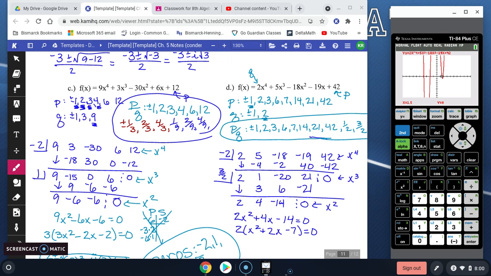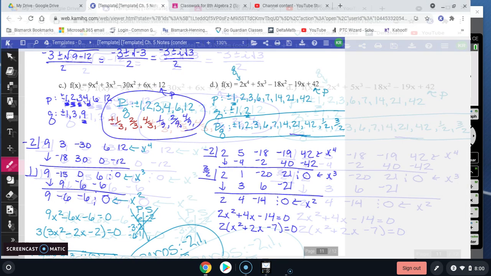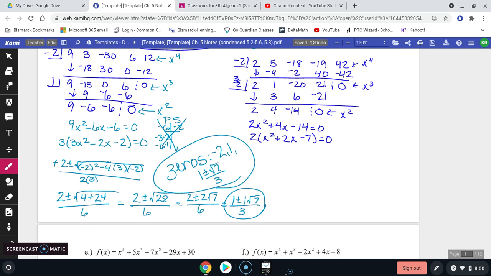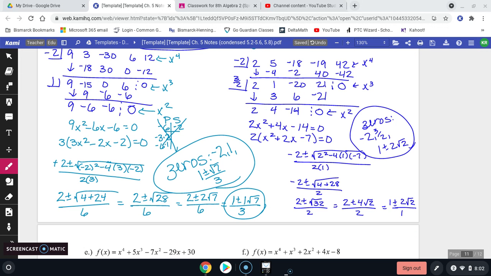Okay, this is not going to factor. So we are going to need to do quadratic formula again. Okay, so go ahead and do the quadratic formula. I'll be back in just a second with the answer. So here is my solutions after I use the quadratic formula. It does simplify down to 1 plus or minus 2 root 2. Okay, so that along with the -2 and 3 halves that we found,